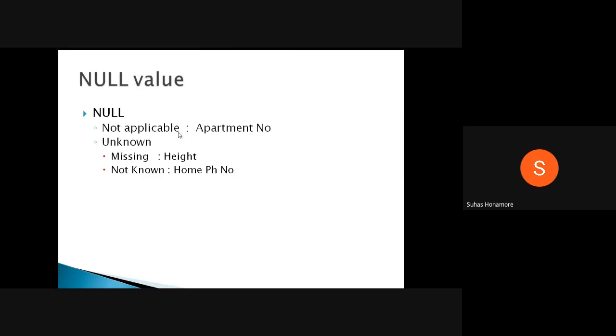Whenever it is not applicable, missing or not known, in these three cases we have to insert the value as null. While inserting into a table, null can be inserted into any data type, but it is among these three cases that you insert null.